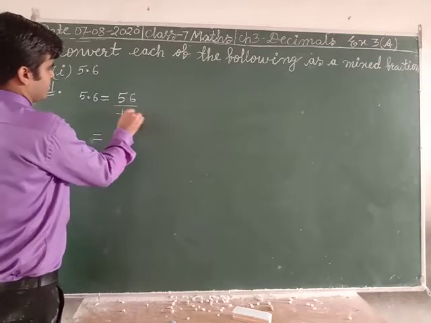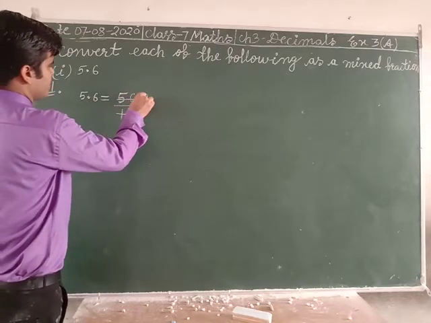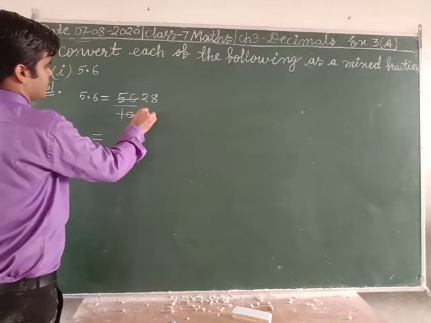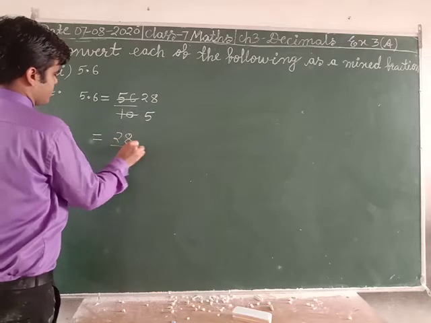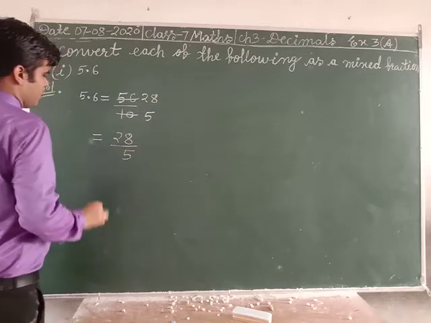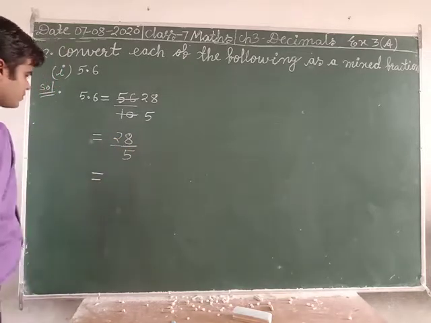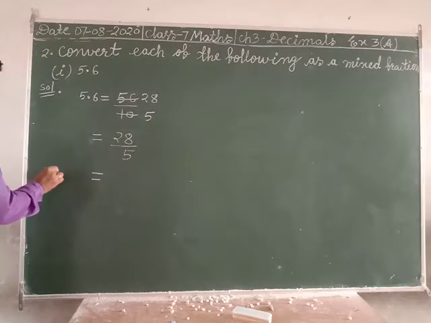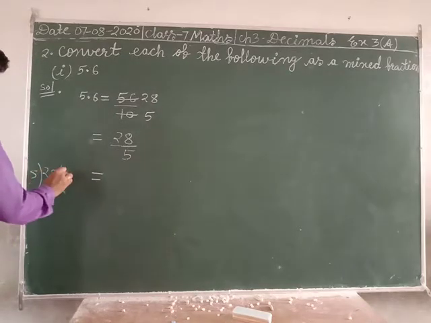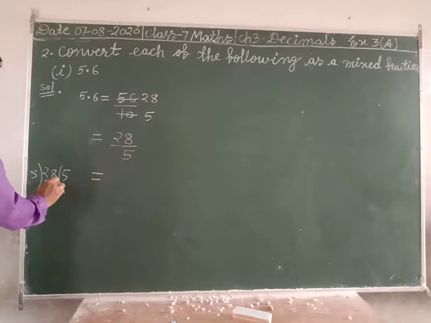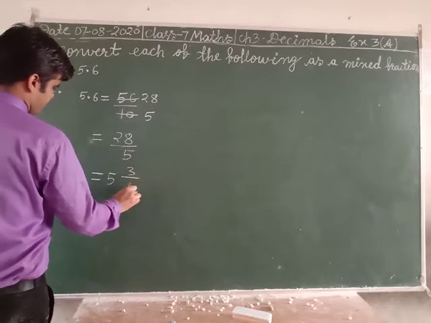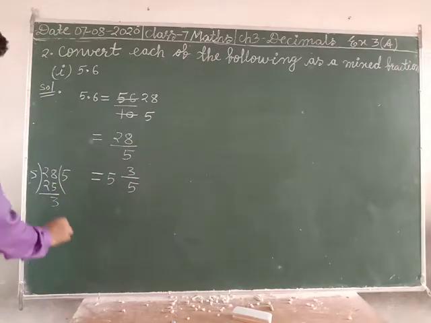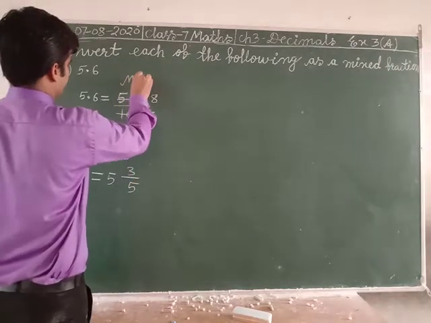So students, after that we cut it by 2. So this becomes 28 and this becomes 5. So it becomes 28 upon 5. Now we divide this. So we divide 28 by 5 in the rough. 5 fives are 25, 3 remainder. So it becomes 5 integer 3 upon 5. Okay students, this is your method first.